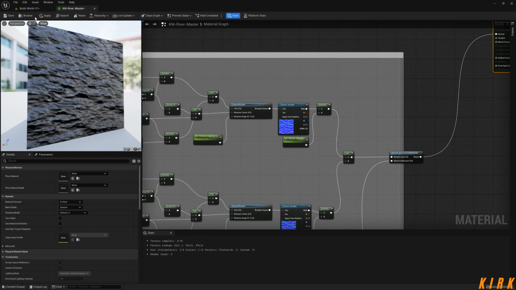what I may do now, before we get into the depth mask, I may just quickly run through this material instance to showcase it a lot better, because that is not working right for me. So if I double click on our material instance, as you can see, I've got all my parameters here now, which were set up N1, N2, N3. What I'm going to change is our Y direction, our normal strength, our UVs, X and Y, and our speed. And I'm going to do this for each